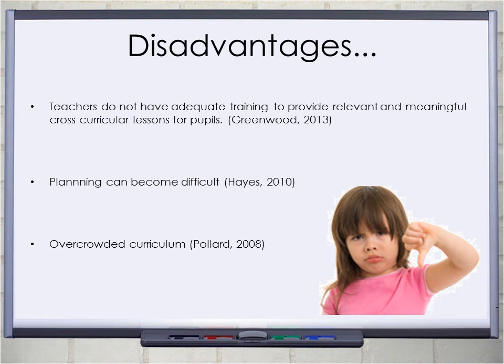This idea of planning becoming a problem is reiterated in Greenwood 2013, who stated that the links made between subjects in planning may be weak and contrived. Andrew Pollard 2008 discusses that one of the risks of cross-curricular themes and links is that it can produce an impractical and overcrowded curriculum. Some claim that it is much more straightforward to have discrete subjects across all key stages and keep the learning independent from one another. The use of ICT within maths and science and other subject areas can hinder the learning of the subject, as all